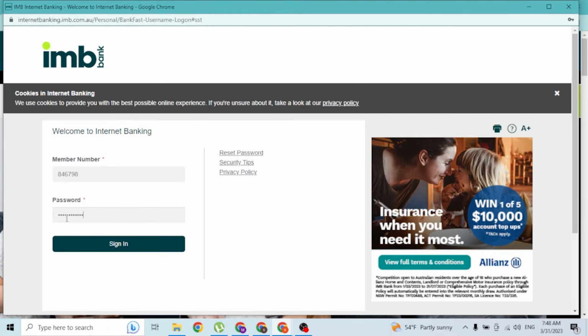But guys, if you have forgotten your password, you can always reset it from over here, which says the reset password button. If you click over there, you'll be taken to a procedure where you'll be able to reset your IMB bank account's password. And after entering your member number and your password, simply click on sign in over here,